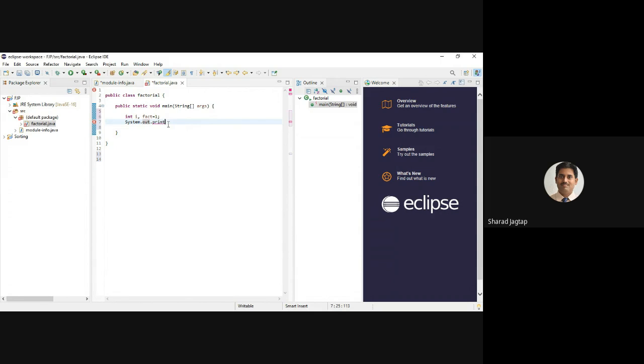And here we can mention our string in double quotes, that is, enter the number for which we are finding the factorial. Here we can use println also. The ln indicates a new line, so it is not compulsory. To take it on a new line, we can write println, or print is also sufficient.